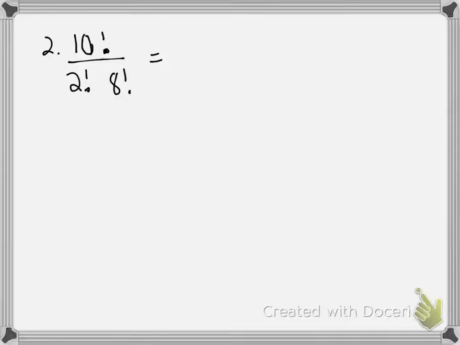So remember, you can expand on a factorial. I can start to write this out as 10 times 9 times, and then you can stop wherever you want to be and then just put factorial after it. So I'm not going to keep listing them out. I have 8 factorial, and the reason I stopped there was because I have an 8 factorial in my denominator. Because I had that 8 factorial and that was the biggest one in my denominator, I knew that would